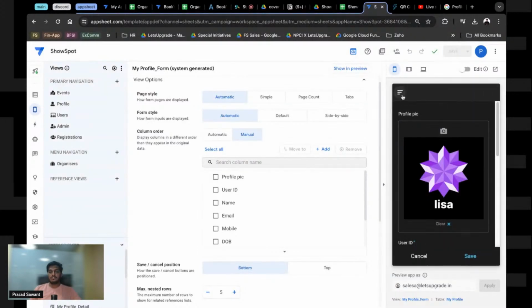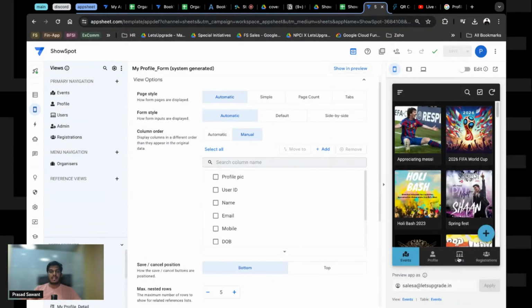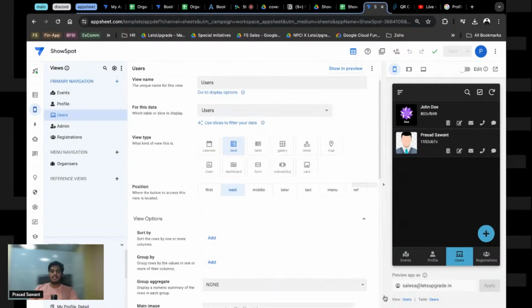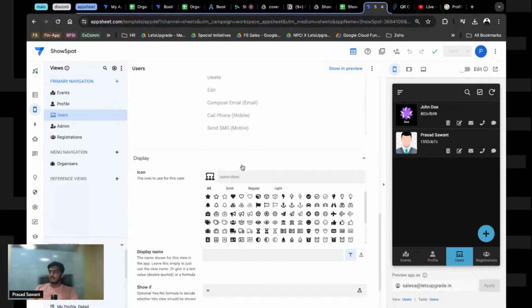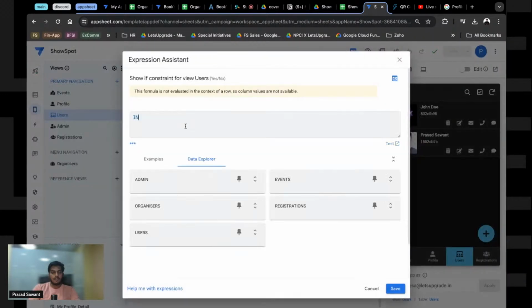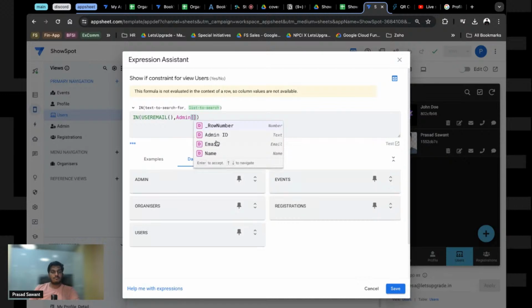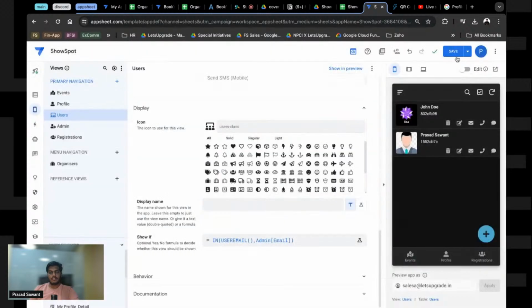And again, we need to ensure that nobody else is able to see the users part in their application. So we want to hide this one thing. I think you guys know what we do: go here and put this. What is the formula, guys? If you can tell me before I put it. User email in it, since it's going to be just for the admin, so admin, and I need to look up the email. So this is gone and this is in profile. So if I save this,